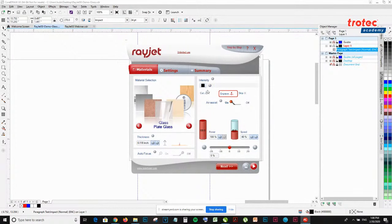As we move to the right-hand side, there are different colors you can activate. For the Rayjet, the maximum you can use is 8 different colors. With the Speedy series job control software, you can have up to 16. For black, I want it to engrave, and if I have other designs, I can tell it to